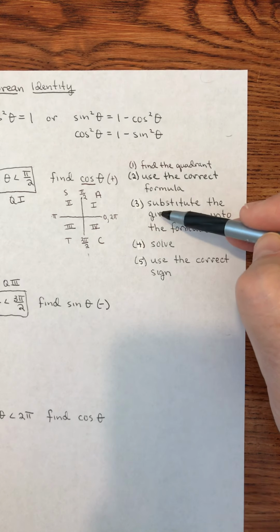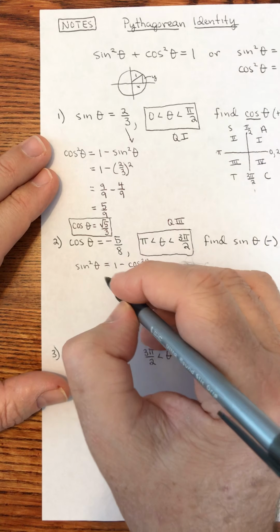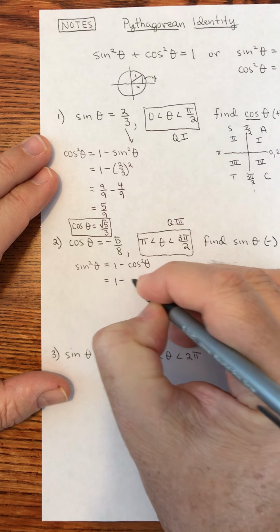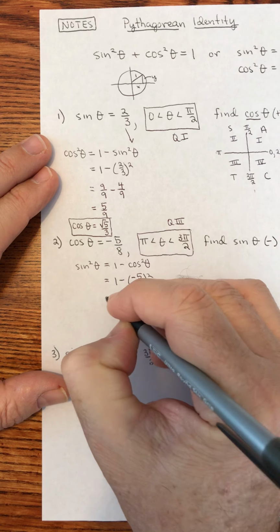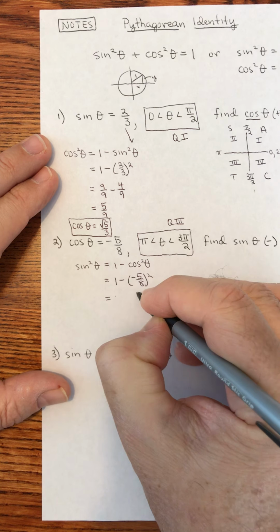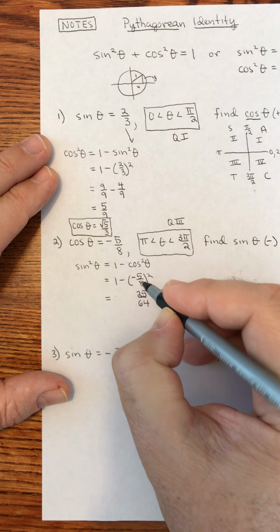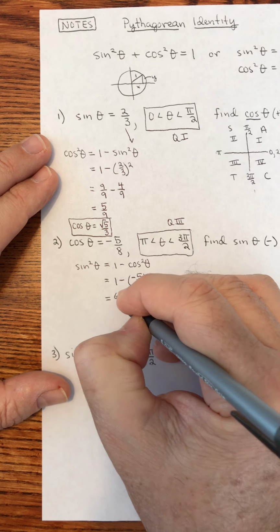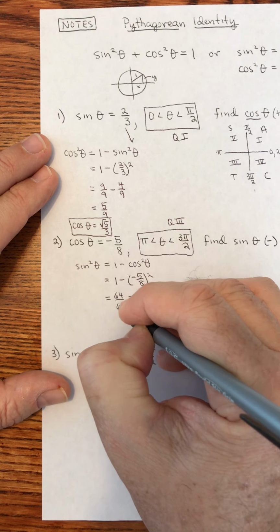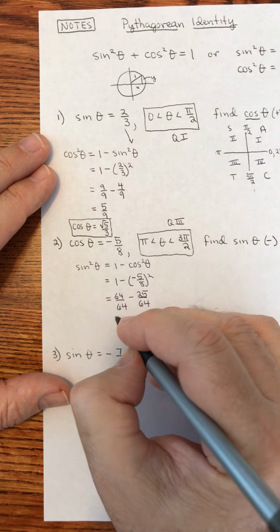And if you need these, I can put these over here, but you should have just paused when I did them the first time. All right, so 1 minus negative 5/8 squared. Squaring that negative is going to give me a positive. I'm going to write this one first, 25 over 64. This is positive, but it'll still be a minus. And I'll rewrite 1 as 64 over 64. And if you have your calculator, you can see that's 39